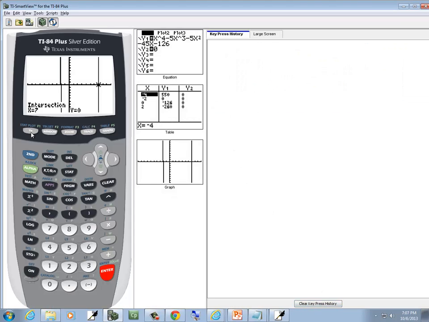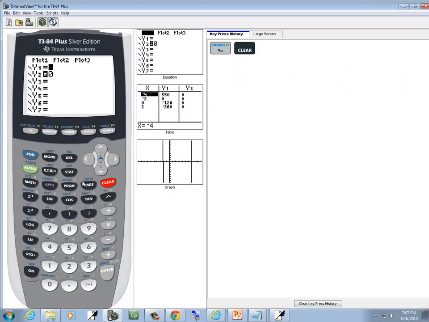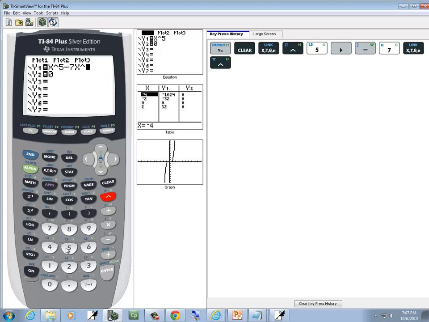So go to y equals, clear. We'll do x caret 5. Now if you got one of the newer TI-84s, it's in exponent mode, so you have to press your right arrow key to get out of it. Minus 7x caret 4